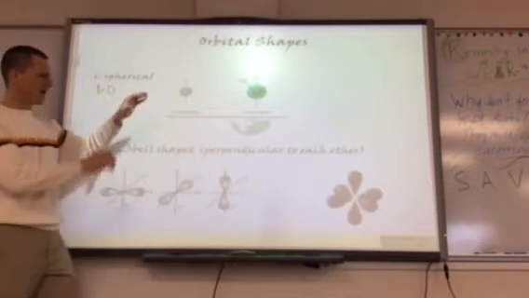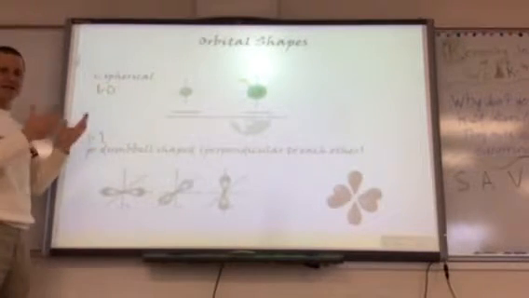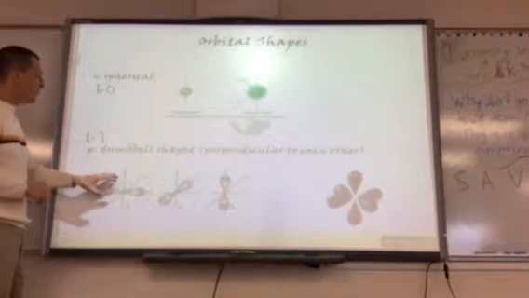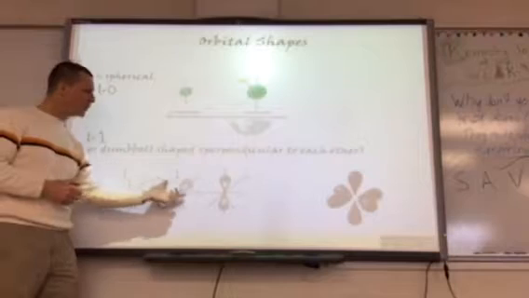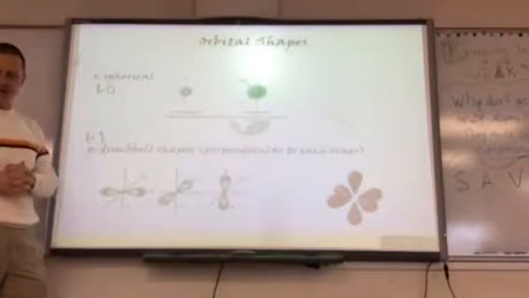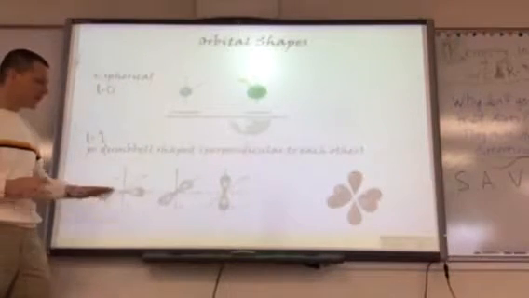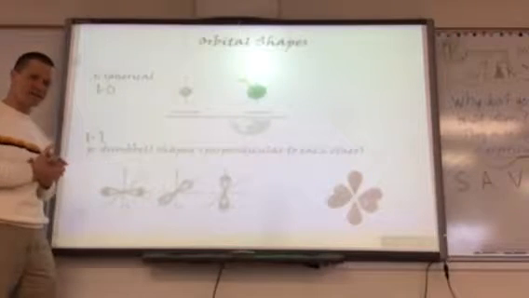So that's what the S looks like. S is spherical. That's not why we call it S, but it does turn out to be. P orbitals are dumbbell shaped. And it turns out that there are 3 different P orbitals in every energy sublevel. They're all the exact same energy. We call that degenerate